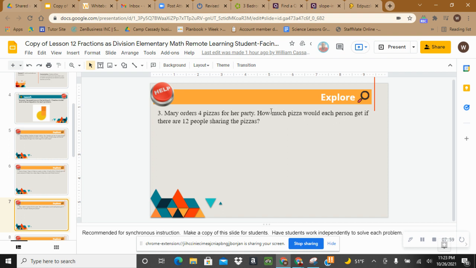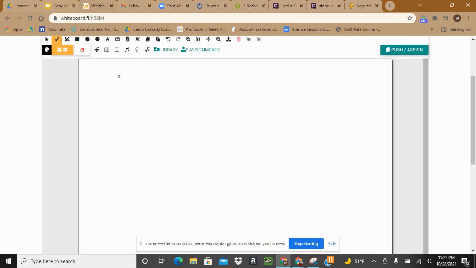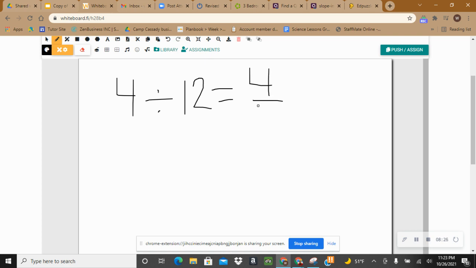So I know I'm dividing. So am I dividing the pizza or am I dividing the people? I'm dividing the pizza because that's the food, and I'm dividing it by the 12 people. So there's going to be 4 boxes of pizza divided by 12 people. All I have to do there is the fraction 4/12, because each person is going to get 4/12 of those boxes of pizza. Because if you look at it visually,